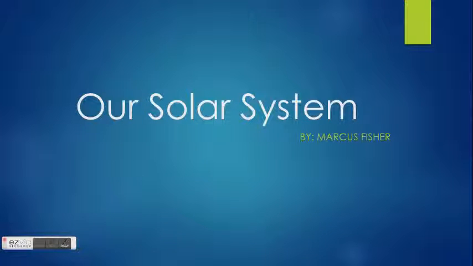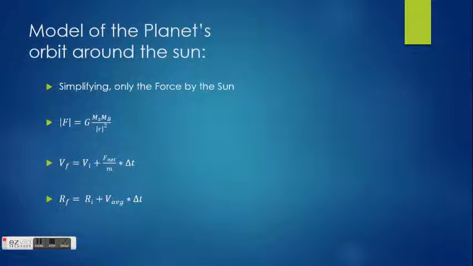For Lab 5, I chose to model our solar system. So, I'm modeling the planets' orbit around the sun. Just to simplify things, I only used the force of the sun. I neglected any interplanetary forces of gravity. So, in this model, we can assume that the only force acting on each planet is the